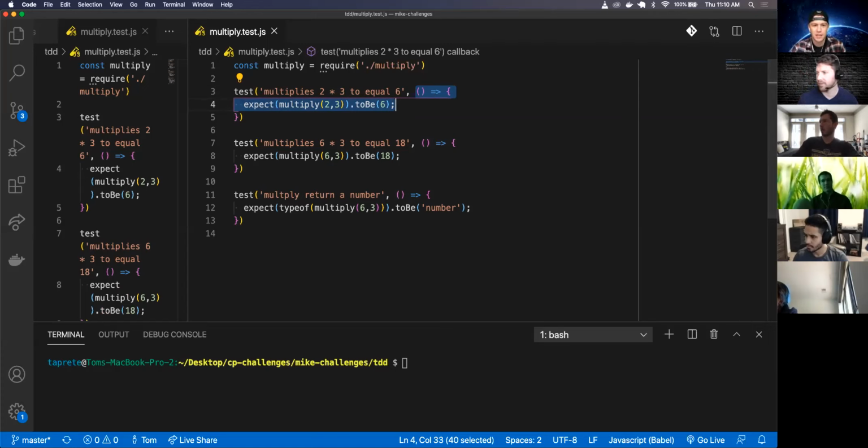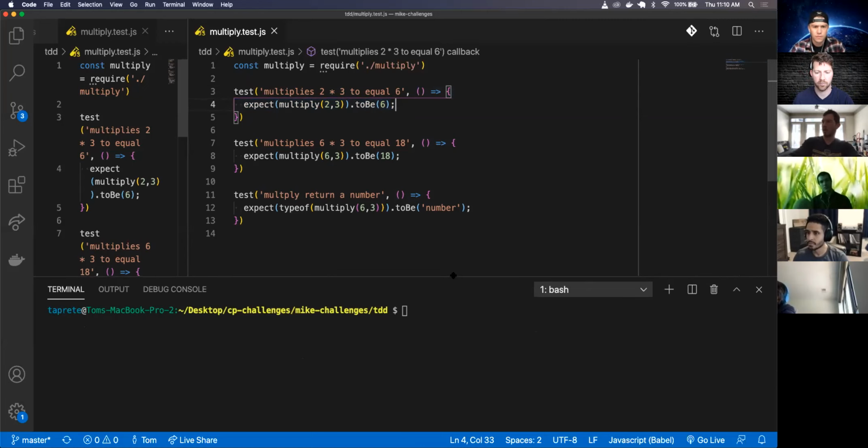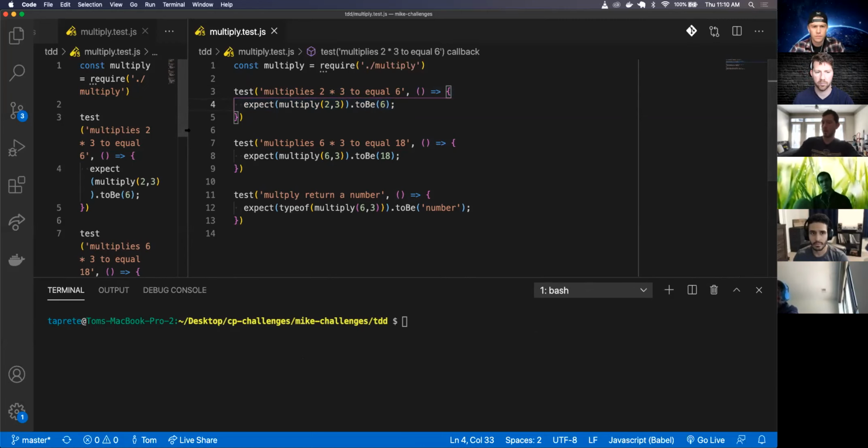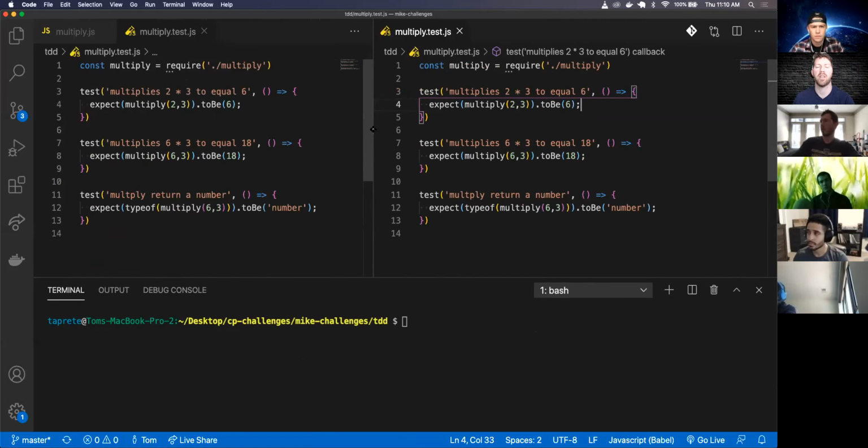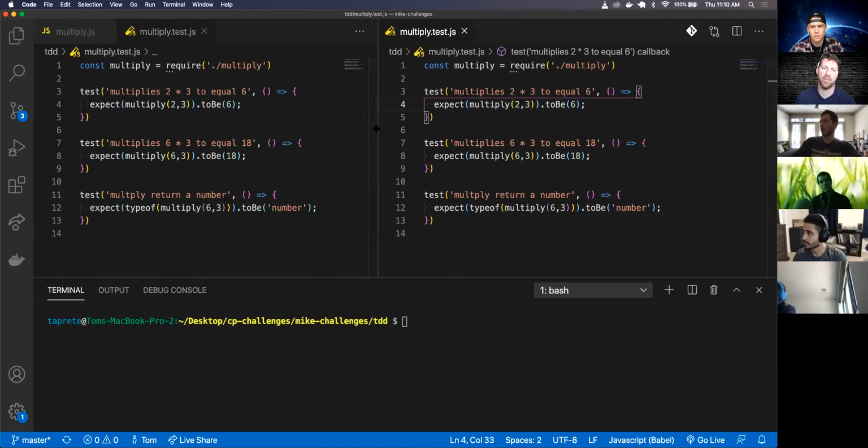Hey, Tom, so the npm install save dev Jest, we have to do that per directory on a per challenge basis? Yeah, unless you can install it globally if you want to. But yeah, I generally just install it on a per project basis, per challenge basis. Okay. What would be the pros and cons